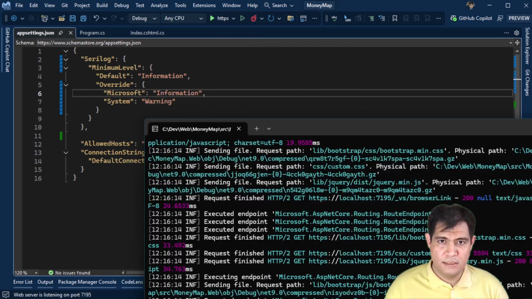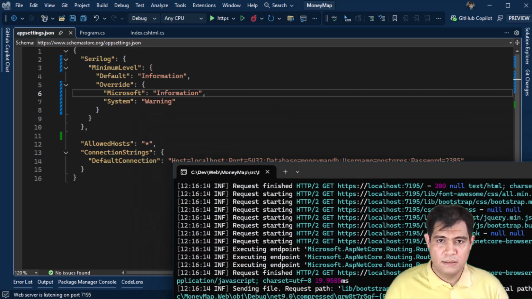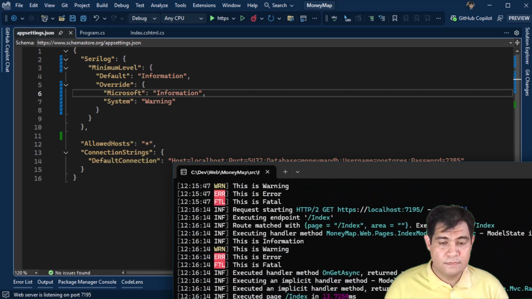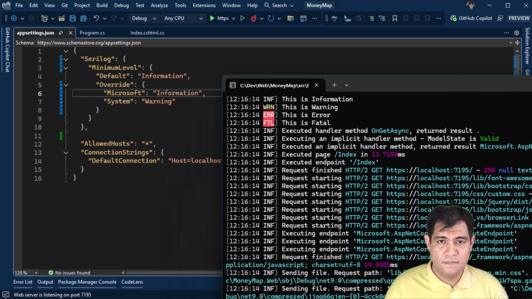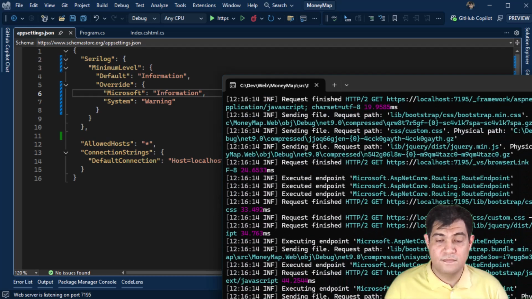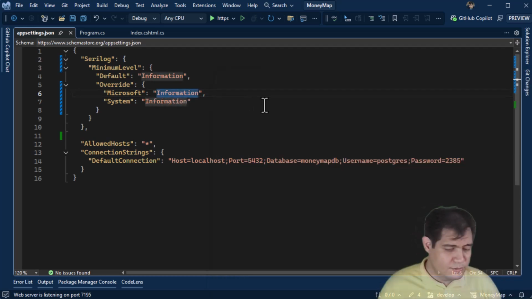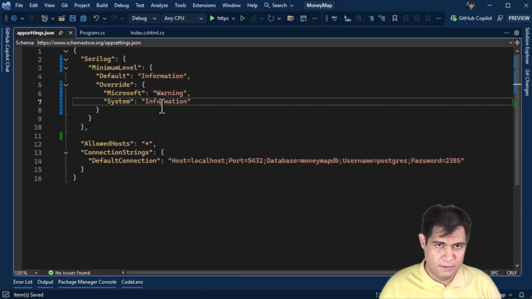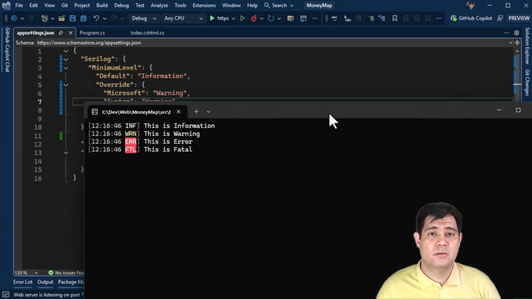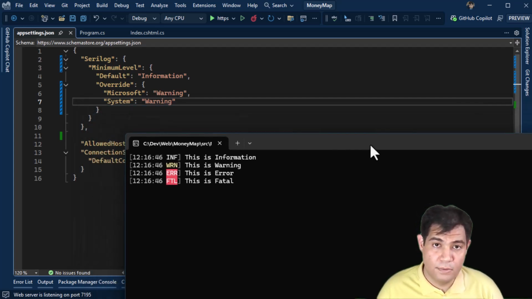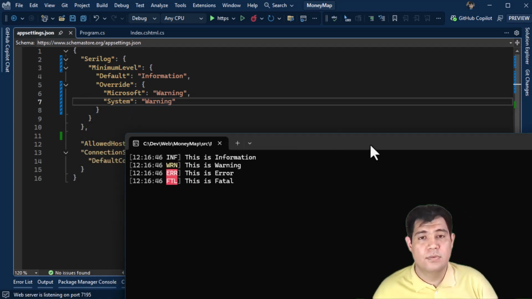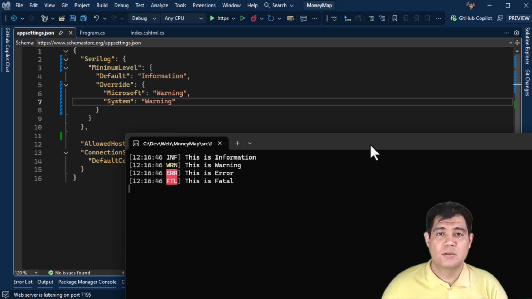Run the project again. This time, other than my own logs, I see lots of logs that come from different sources. For the most part, I set them to warning. I need to know how my own application works. Sometimes when you're debugging a problem, you need to have them, but for the most part, you just want to